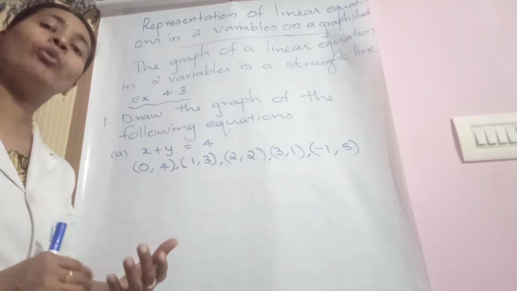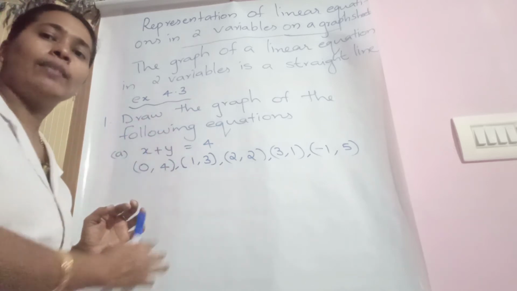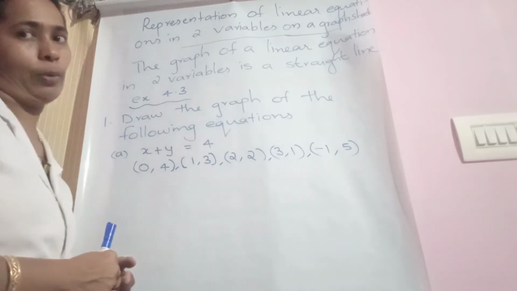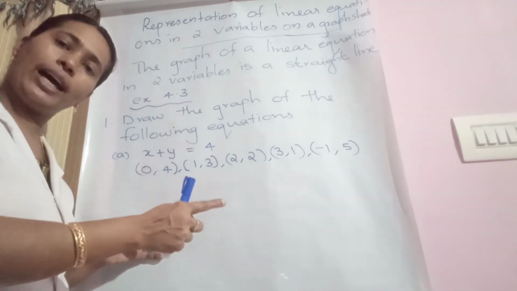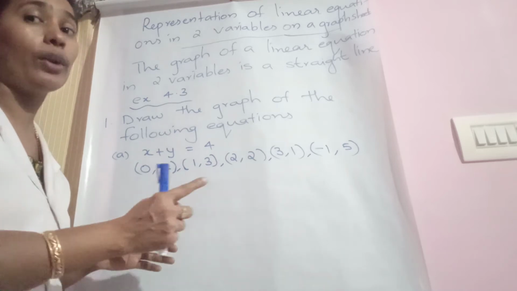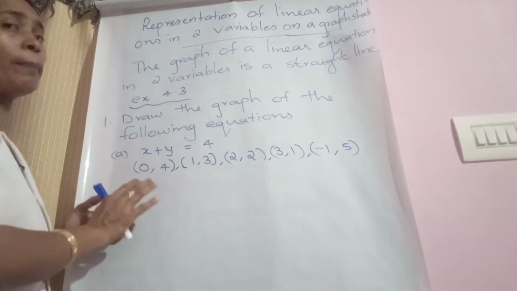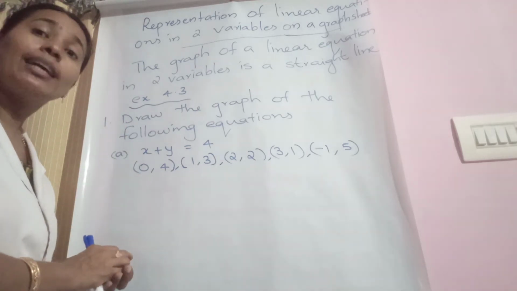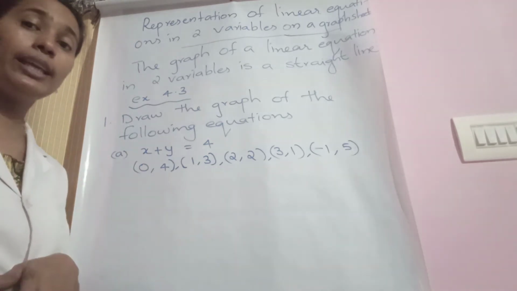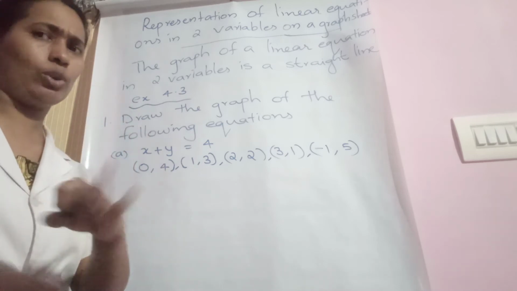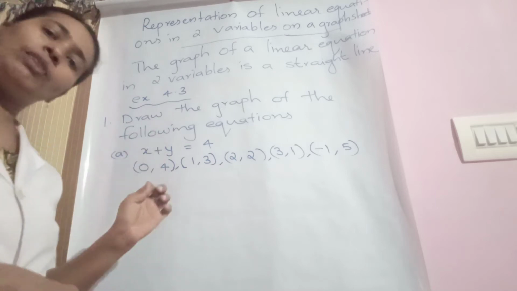Then we studied how to find solutions. How to do? Giving x values, we get the corresponding y value. The x value and y value are represented in the form x comma y, and they are called coordinates, isn't it? But here we are going to learn how to represent these equations graphically. For representing them graphically, we need at least 3 solutions. So how many solutions do you need to calculate? 3 solutions. For the exam, graph sheet will be provided to you.